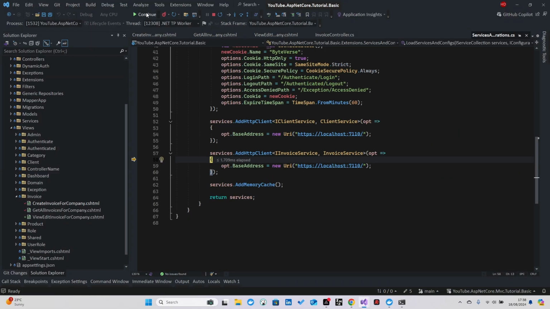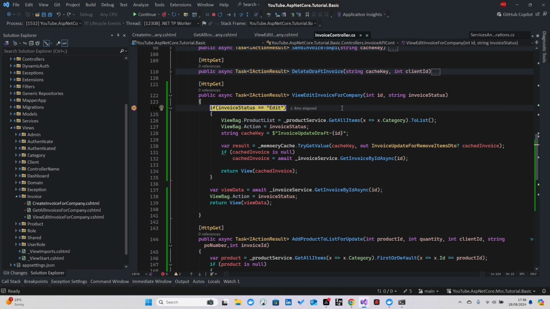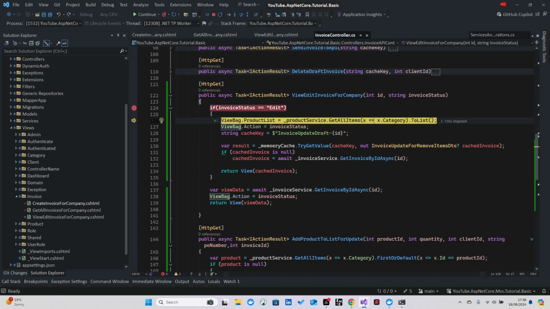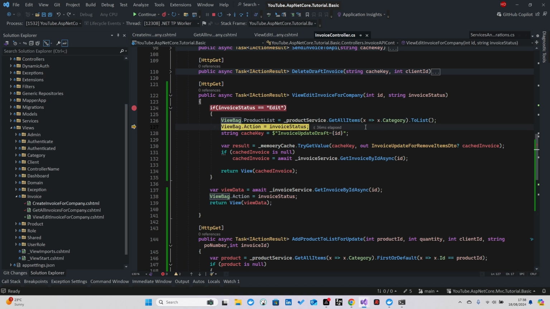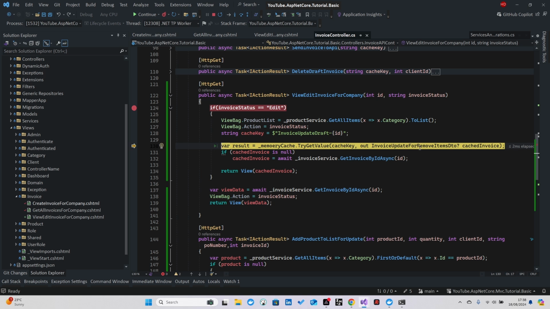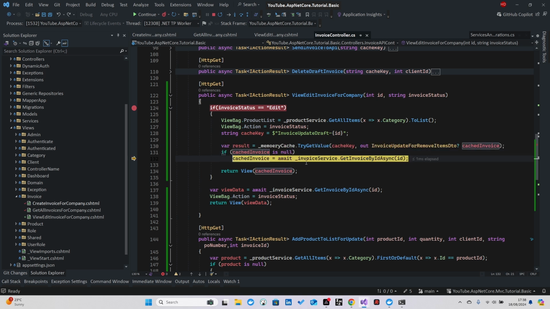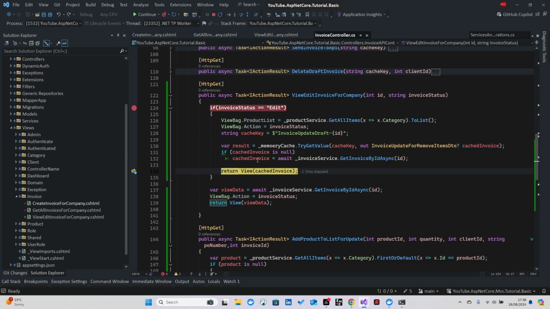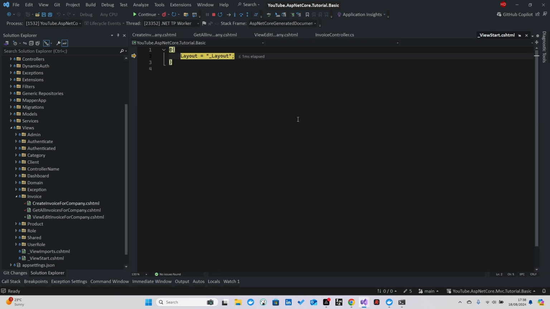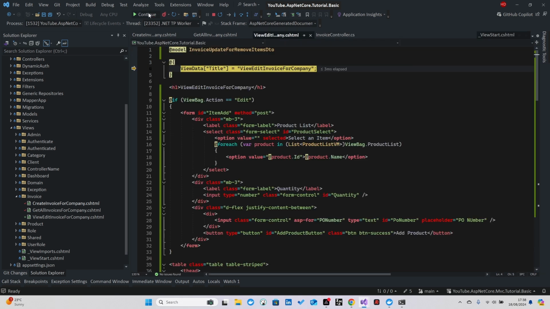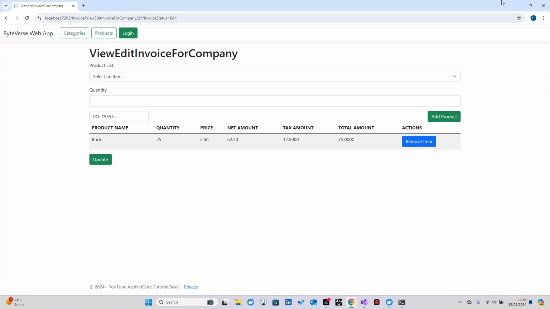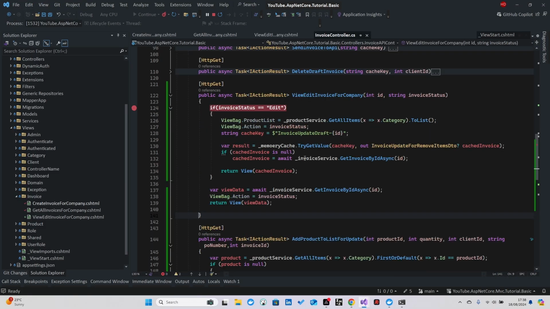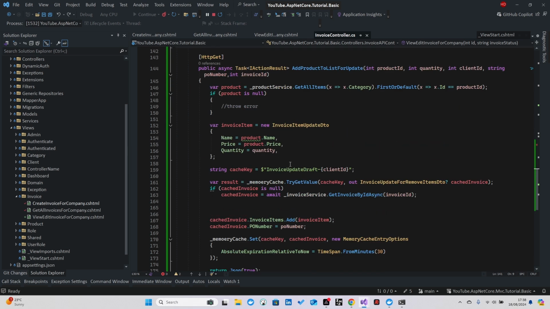Edit. If it's edit, we receive all the product list. We receive the invoice status. This is the cache key. We are looking at memory cache if we have data. If it's not, we're going to go to database to get information. This is the info, and we return it. Perfect. Continue. Okay, it's working. Let's put another breakpoint at product list